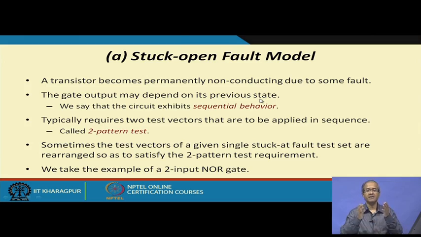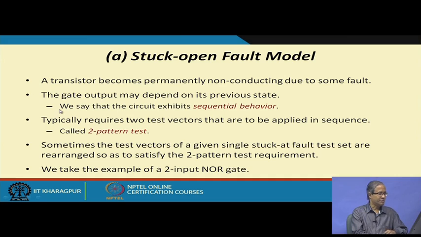Now, what does this mean? Let us say I have a combinational circuit, a NAND gate or a NOR gate. Normally, for a combinational circuit, when we apply some inputs, we get some outputs which are just a function of the inputs. But now we are saying that I apply an input and the output I am expected to get will not depend on this input, but will depend on the previous input, which means as if my combinational circuit is behaving like a sequential circuit, it is remembering the previous state in some way. So, we say that the circuit exhibits sequential behavior,